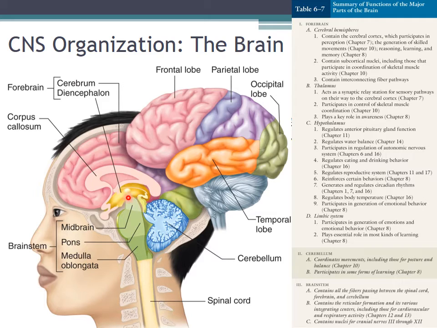The thalamus here is important because it's another relay station, but a much more important relay station for many different types of sensory and motor information that's going to and from the cerebrum. So a good way to think of the function of the thalamus is to think of it like a post office. Basically what the thalamus does is it takes information that's coming up from the spinal cord and analyzes the type of information and says, oh, okay, your sensory information, you're supposed to go to this region of